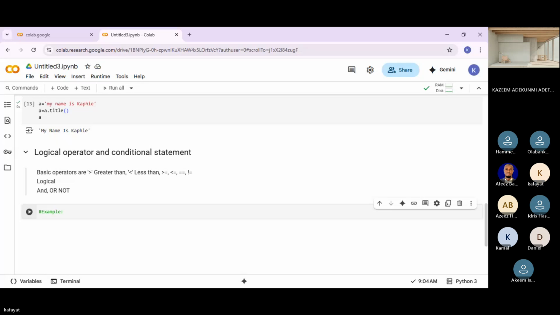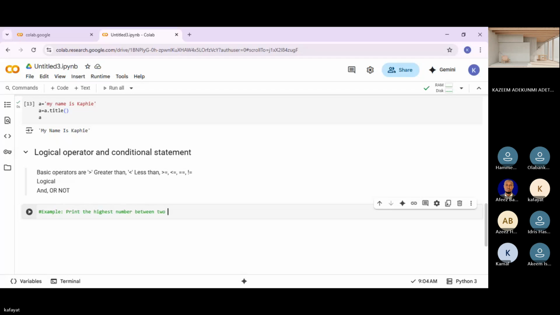Example: print the highest number between two values.